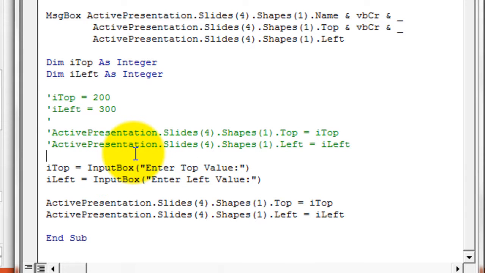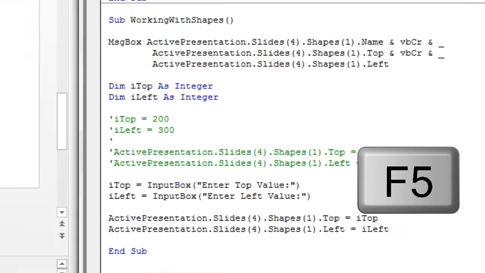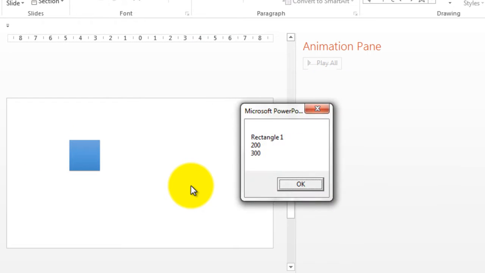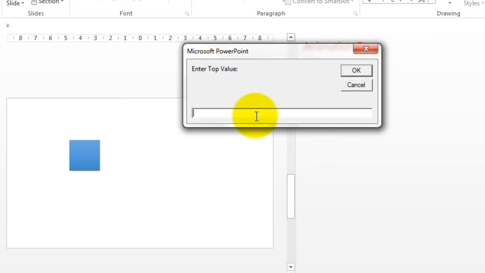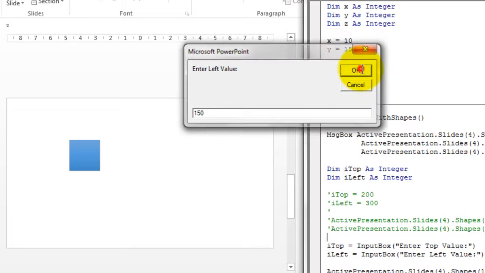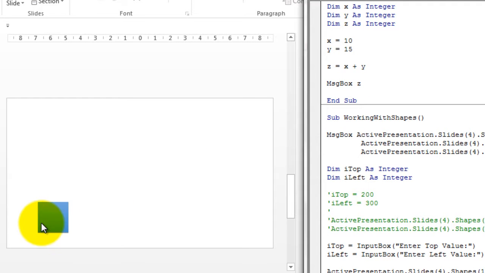Alright, let's run the program and see what happens. Let's press F5 again. So it says rectangle 1, 200 is the top, 300 is the left value. Okay, now it says enter top value. Let's say we give the top value as 500. It says enter left value, we say 150, we say okay. Now the rectangle has moved to a position where the top is 500 and the left is 150,